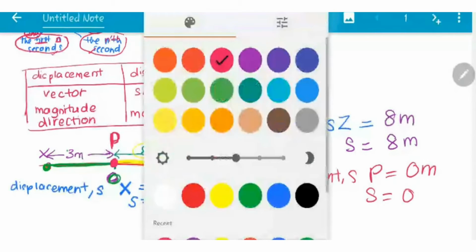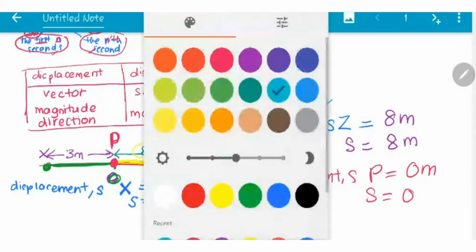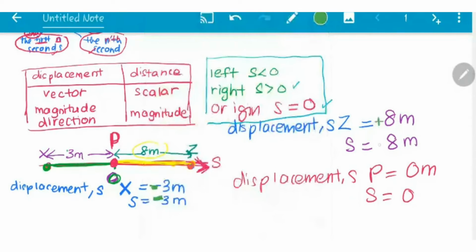Okay, so on the left, S is negative value. On the right, S is positive value. At origin, S is always 0. So the negative sign here shows to you that the particle is on the left. Positive value shows to you that the particle is on the right. S equals 0, you understand the particle is at origin. Benda ni kena faham lah. Kalau soalan suruh cari distance,